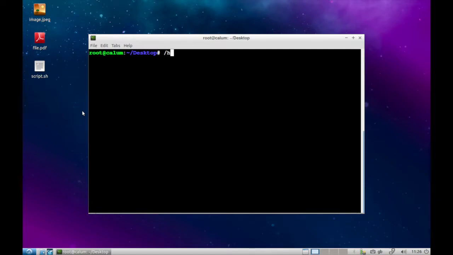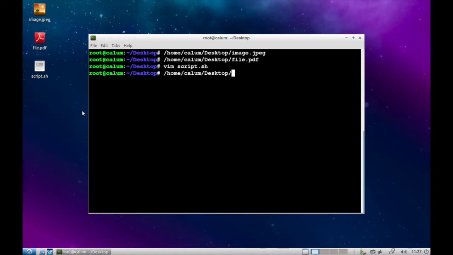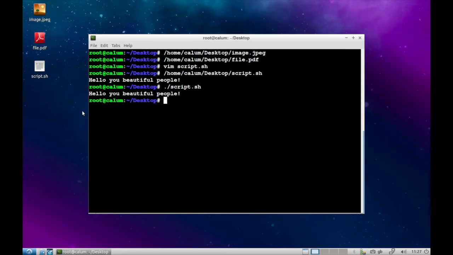If you give your shell a file path and nothing else, it assumes you're sending it to a command, and it's going to try and execute that file. Obviously, that isn't going to work if you happen to send it to a JPEG image or a PDF file. But we can give it the absolute path to this script here, and the shell is going to execute it for us. However, writing these absolute paths is laborious, so instead, we just use ./script name that I described in